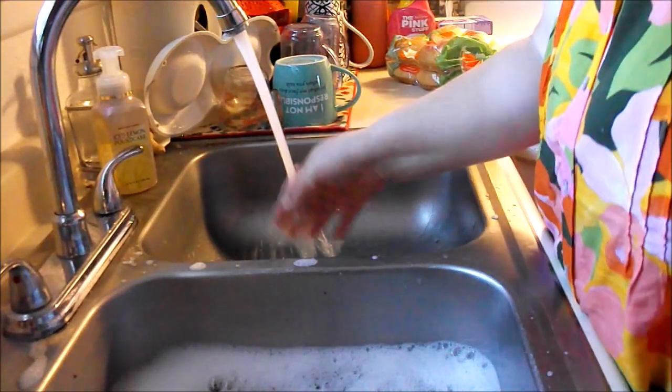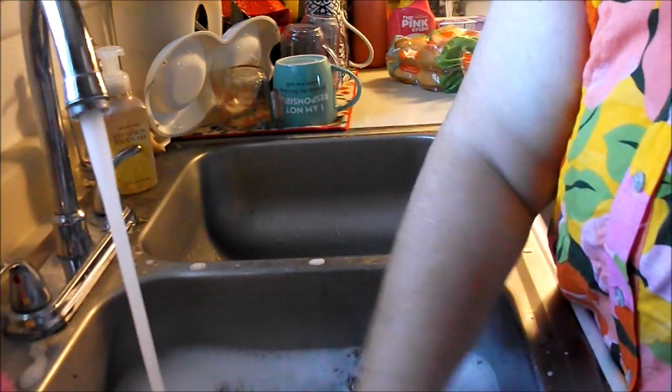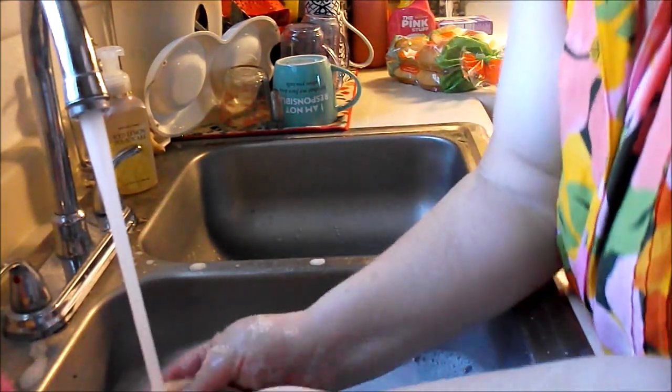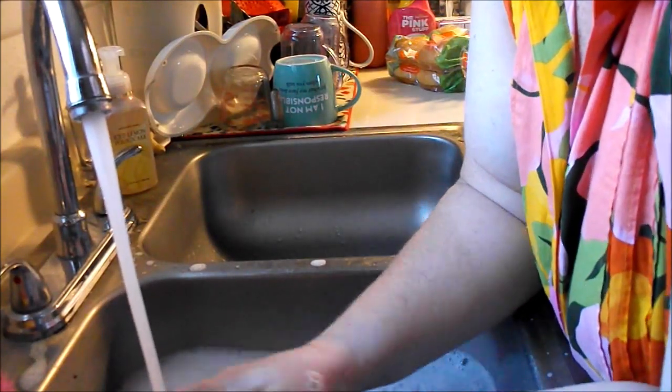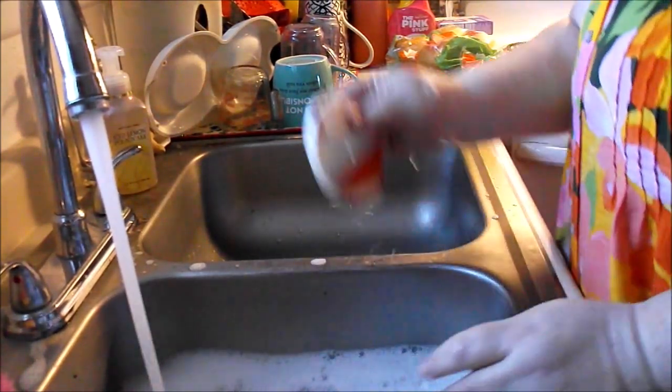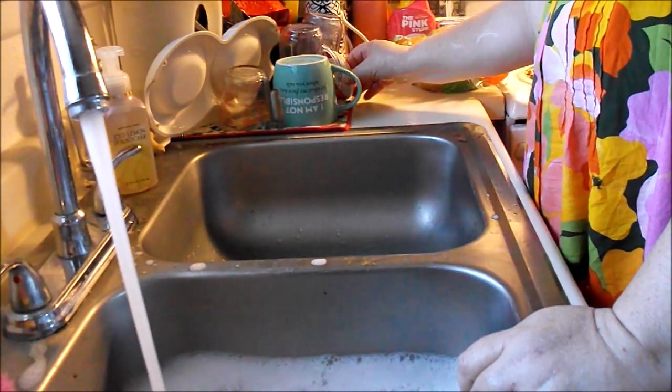That's another thing I'm trying to work on, my weight. I'm 57 years old, so it might not be feasible for me to lose a lot of weight at this age. I don't know, everything kind of slows down. Plus, also medications I'm taking could cause weight gain, and that's irritating